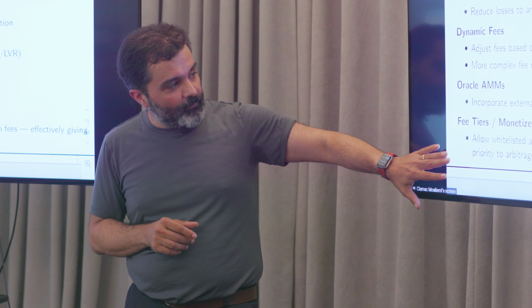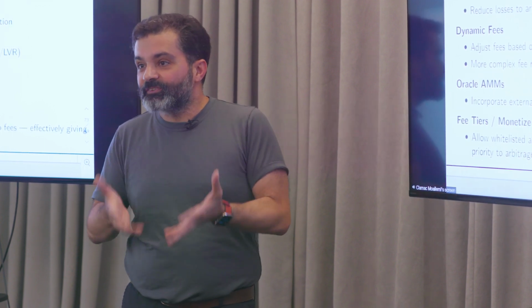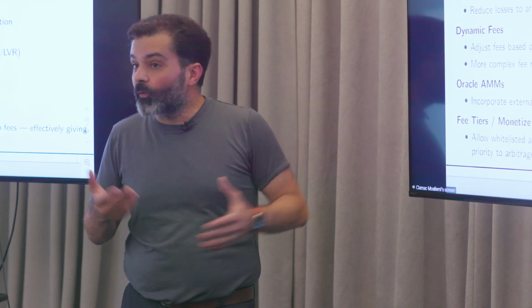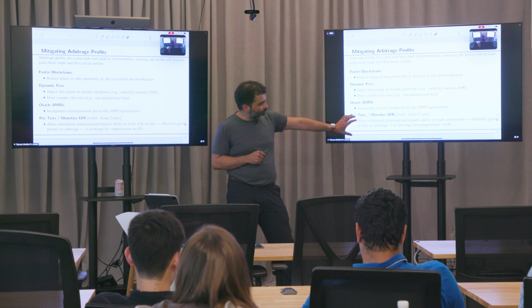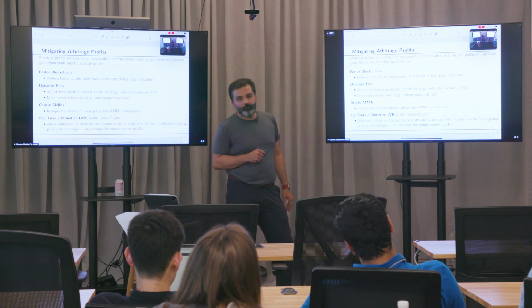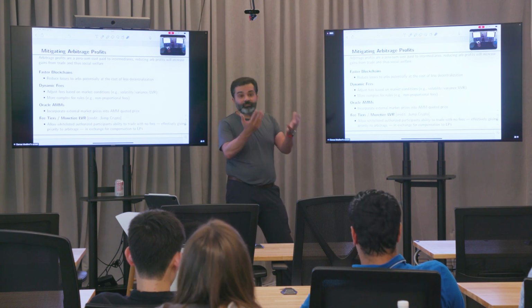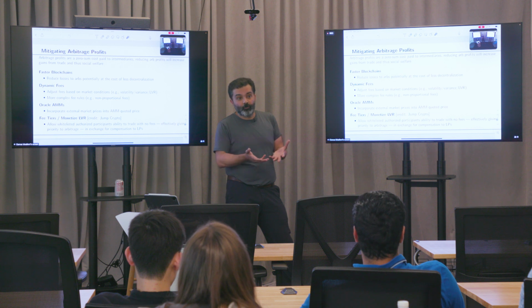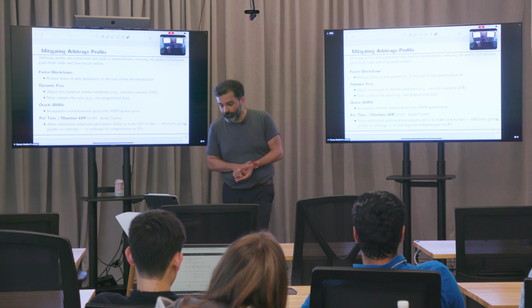We can also think about other things. For example, the whole source of this loss is that the pool does not know what the fair price is. Maybe if we had oracles, things would be better, and the pool could adjust its price without an arbitrageur taking money from the pool. There are also different ideas to think about monetizing that. For example, might there be mechanisms where we auction the right to be a very low-cost arbitrageur and try to recover some of the money that the arbitrageurs will make?